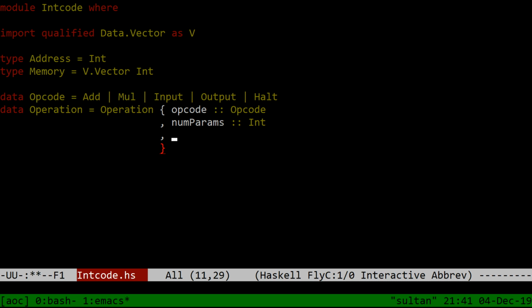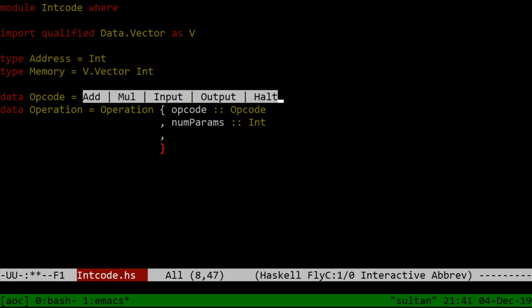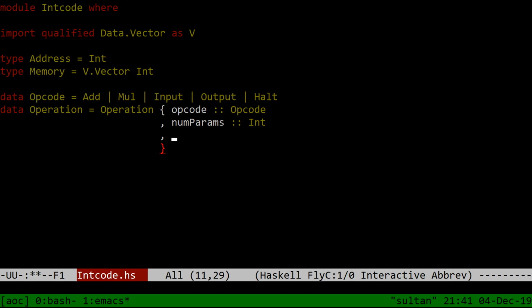I need a place to store the number 0 associated with the opcode add. And I'm aware I could use an enum or something, but it doesn't work for halt, so... identifier. Fine. And let's define right now